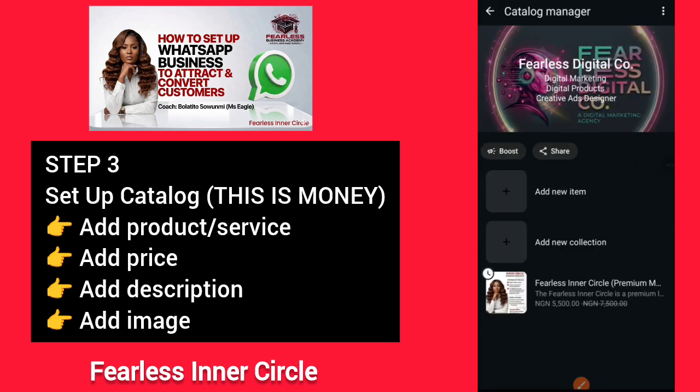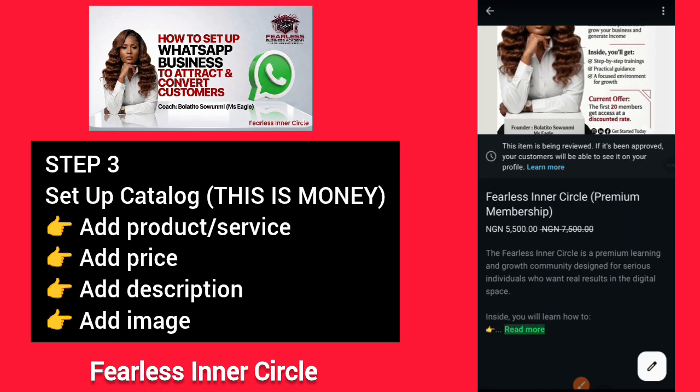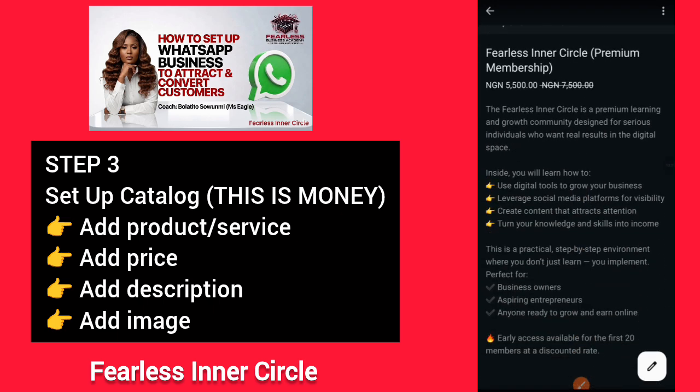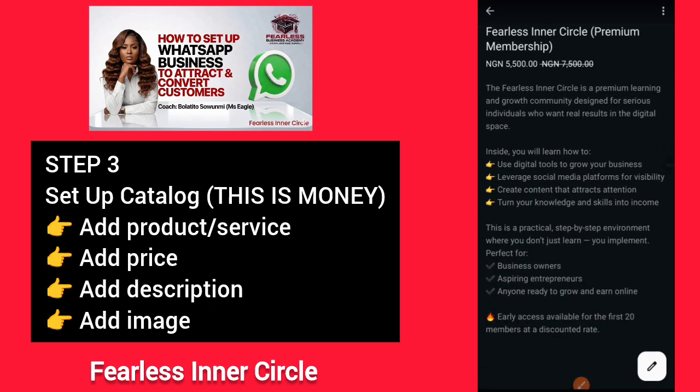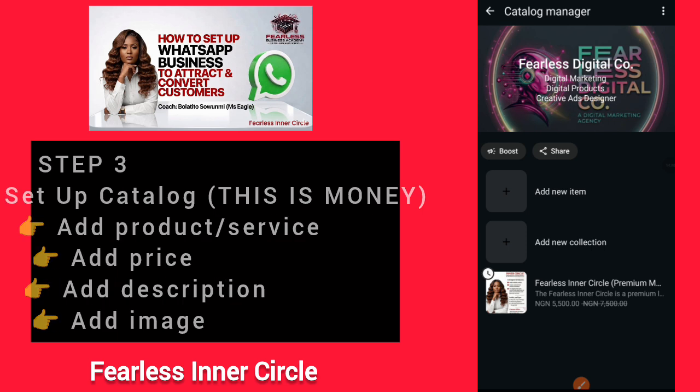So imagine how you set up your catalog. Okay, so your catalog is set. If you have new collections, you put them there. If you want new items, you put them there. This is how it is right now. This is my catalog for this product. If I write a book, or if I have other products too, I will add them there. Let me tell you something. WhatsApp Business is just like your professional office or your professional online store.